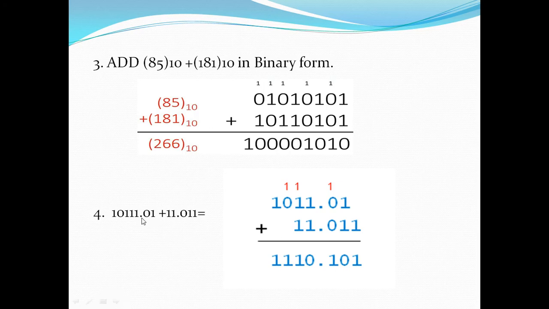Now if we have a decimal point, we write it the same way as in decimal numbers: point below the point. Here we don't have any number, so we'll assume a 0. 1 plus 0, single 1, so sum is 1. Two ones are added, sum is 0 and carry 1. Single 1 plus 0, sum is 1 and there is no carry. We put the decimal point again. Two ones, sum is 0, carry 1. Three ones, sum is 1 and carry is 1. Single 1 plus 0 is 1. So this is the required answer.